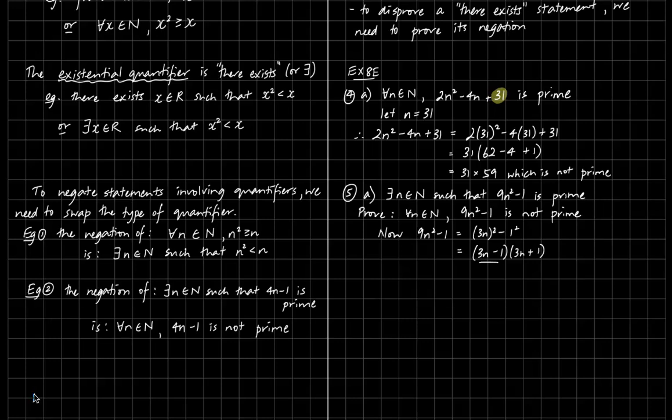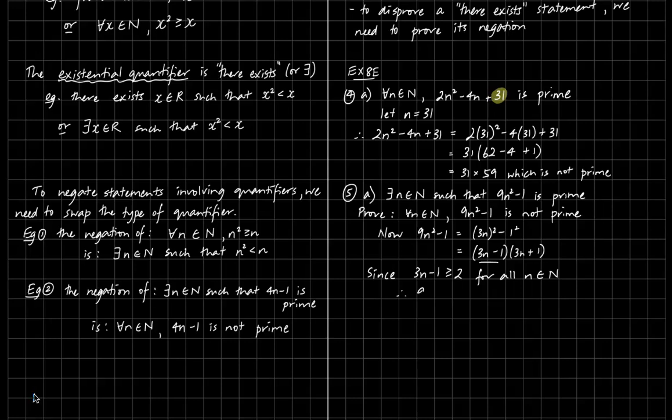So therefore, in every single case, these numbers are going to be greater than or equal to 2. So let's say since 3n minus 1 is greater than or equal to 2 for all natural numbers n, therefore the product of those two numbers is going to be 2 times something bigger than 2,